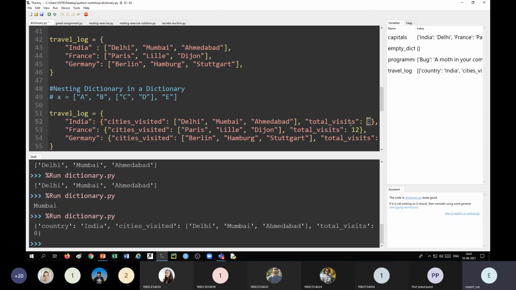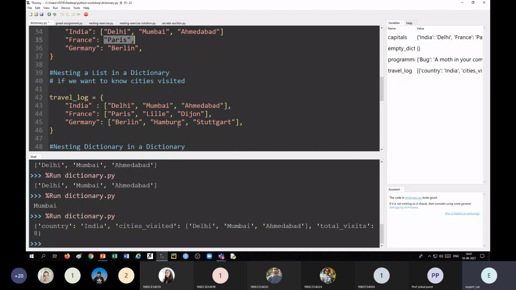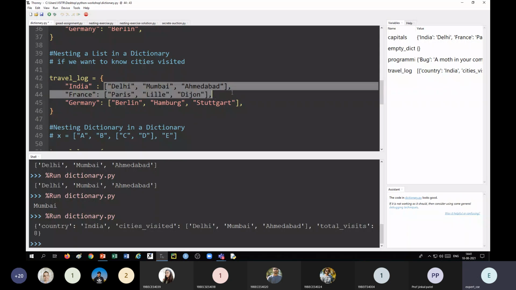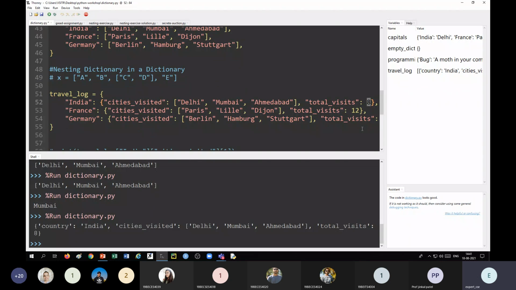So here you can see that up to now we have seen string as a value. Then we have seen list as a value. So it is not necessary that the value must be string only. It can be of any data type. Here I have used integer as a data type. It can be even float, it can be even boolean, or it can be string.